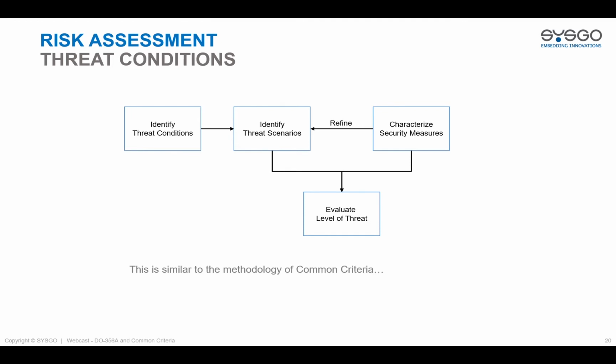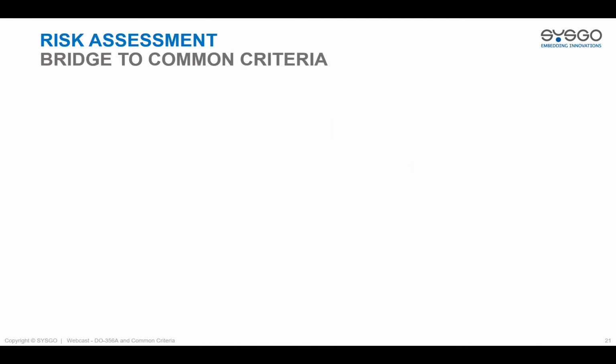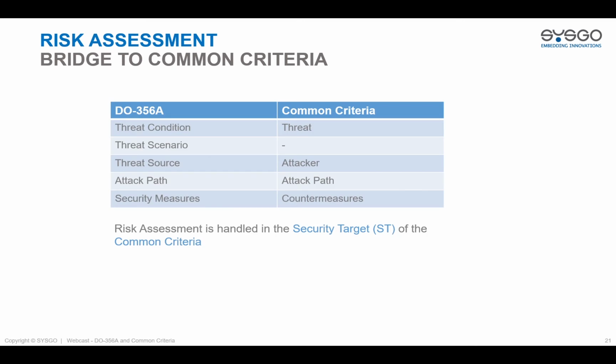This is very similar to the methodology of Common Criteria. Here, threat condition is called just threat. For the threat scenario, there is no real counterpart in the Common Criteria, but we will soon see that this more or less is a grouping element. The threat source is called attacker. The attack path remains its name, and security measures are called countermeasures in Common Criteria. The whole risk assessment is handled in the security target of the Common Criteria. We come to the threat scenario right now. So Common Criteria, as we can see, are pretty close to